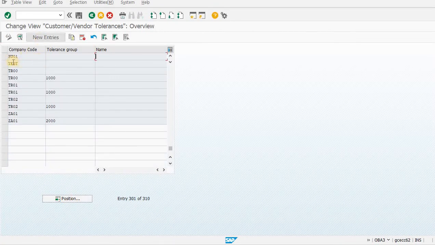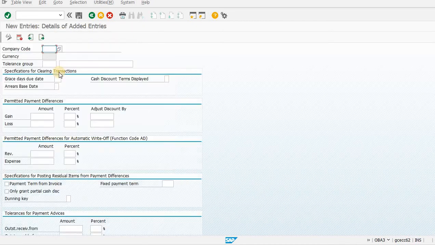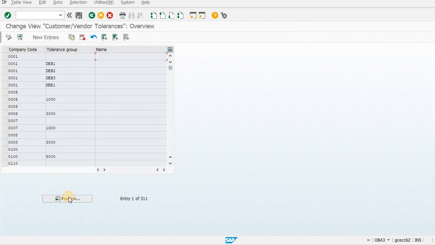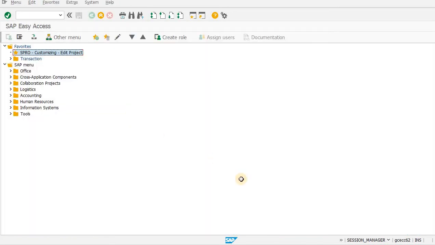My company I am not able to find, so just go to that SC01. Then the tolerance group, no need to enter. Then payment term from invoice. So just save it. Back. Let me check again SC01. There is no need to input this.